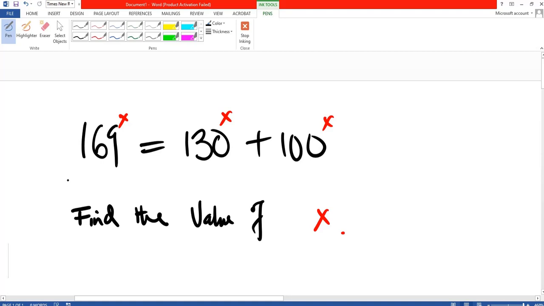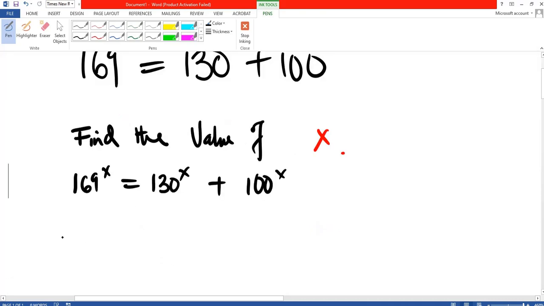Solve this equation. Find the value of x. So, 169 raised to the power x is equal to 130 raised to the power x plus 100 raised to the power x. So dividing